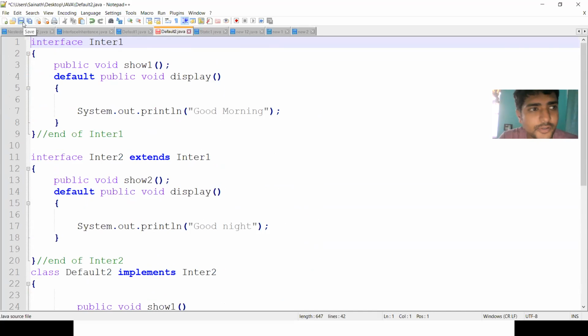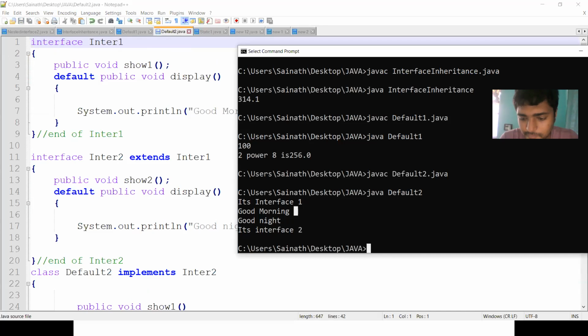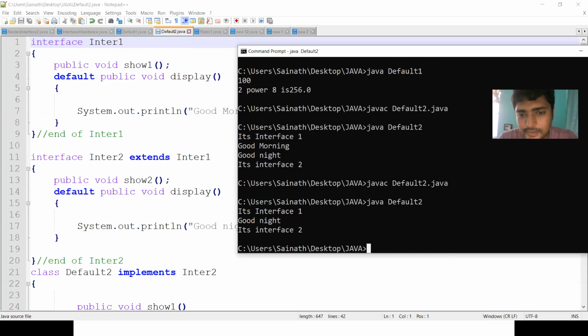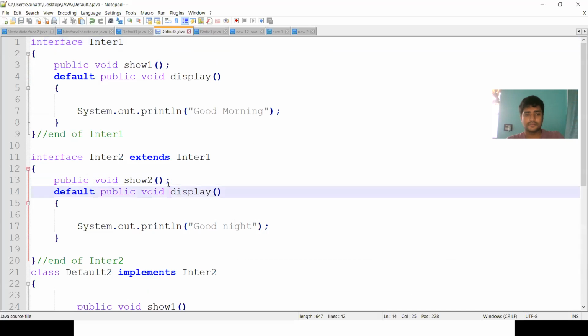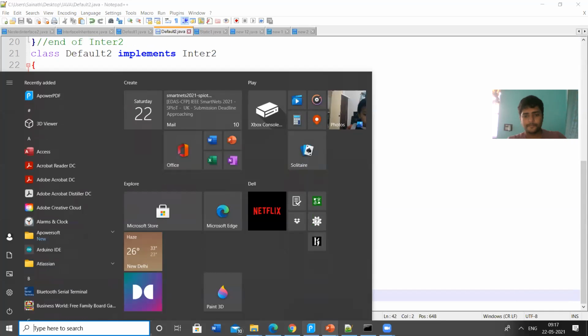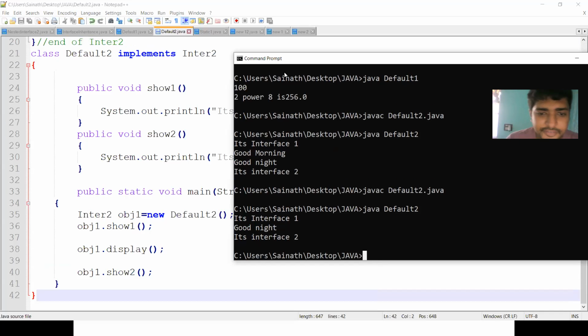I have not yet saved the program. So I have saved the program. Now execute this one. Compile it, run it. So see the difference here.